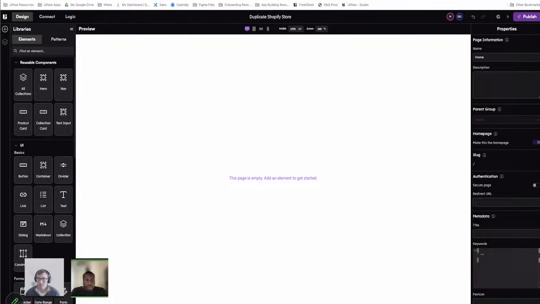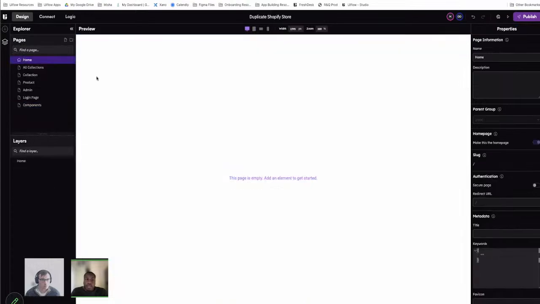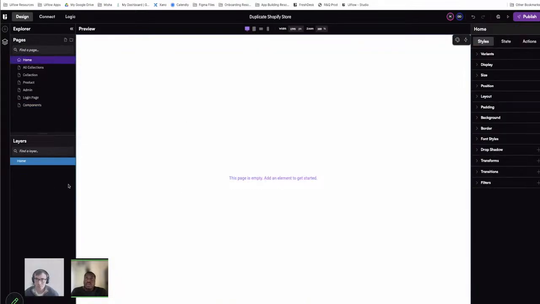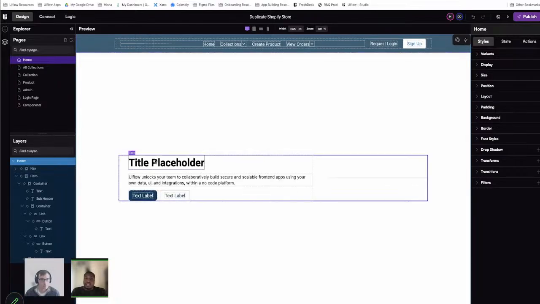So give me a second here. So yeah, we can start by adding some elements into the flow. So I'm gonna start by adding a nav bar in here. So we have our nav bar, which is great. And then next, I think we can drag in a hero section,